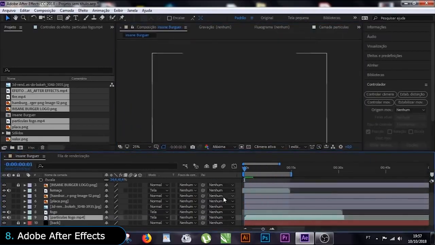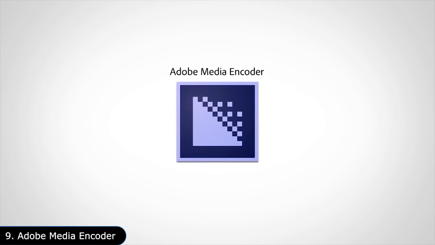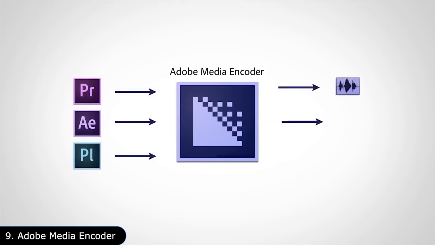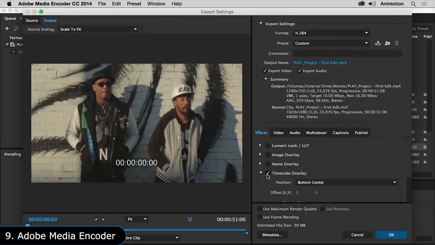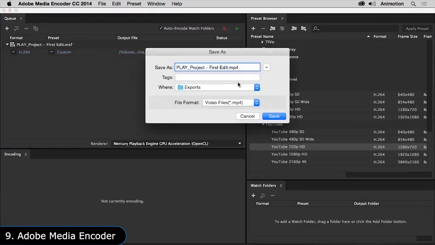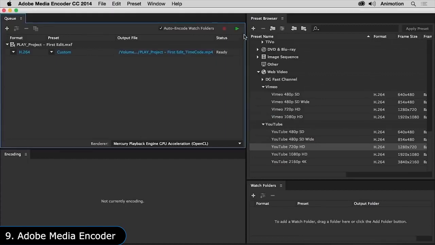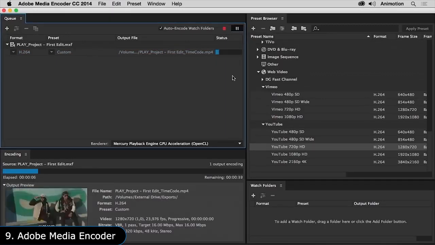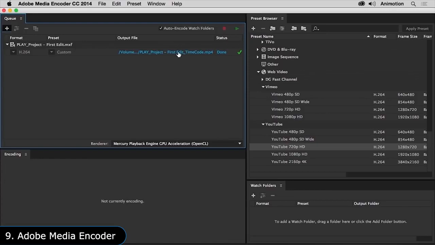Now, if you want to render your video, there is Adobe Media Encoder, which is the specialized software for rendering the video you have created in Premiere Pro or After Effects. Typically, the original file size could be huge, so it needs to be compressed and converted to a file format and resolution which can be smoothly played on various devices which may not have powerful processors or tons of RAM.